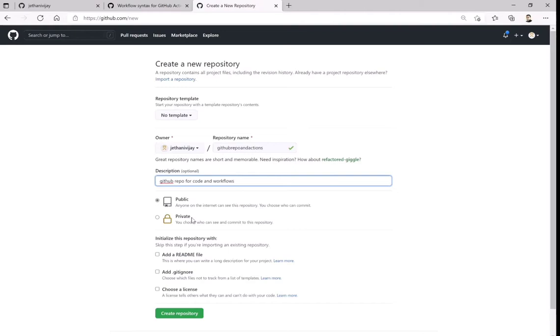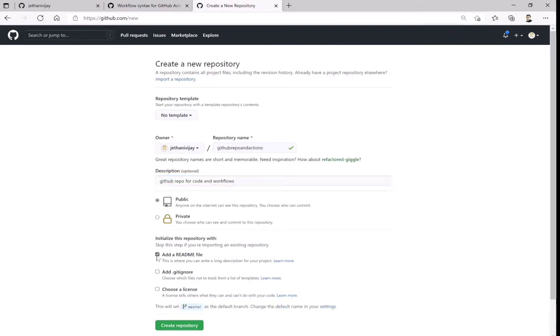The bare minimum thing, ideally you can create it directly, but I would say just add a readme file by default, so that at least you have one single file from where you can work on uploading other files or respective folders. Another thing is if you want to ignore any particular file. I think this will come at a later point, but as you're starting fresh, don't mess with that as of now. You will learn slowly how you can ignore and not track any of these files from that list. Other thing is license.